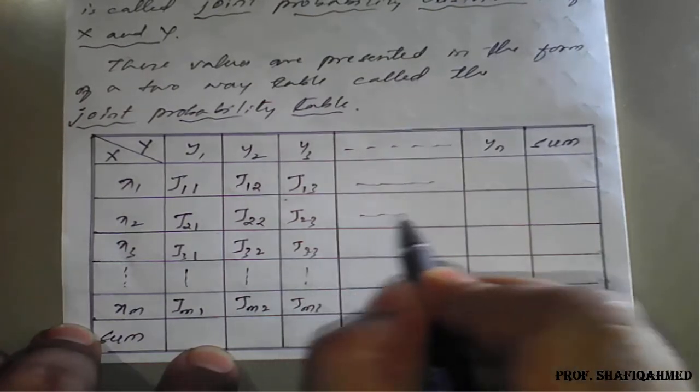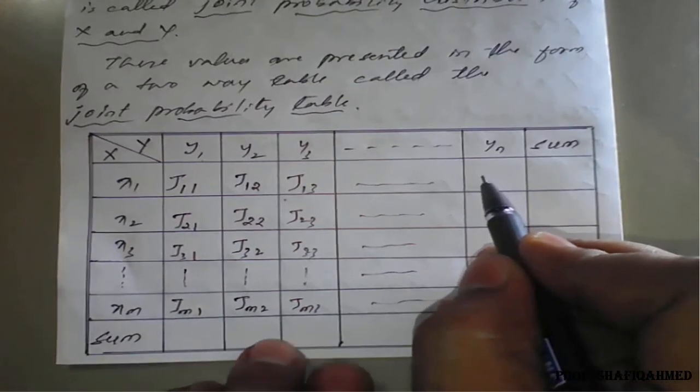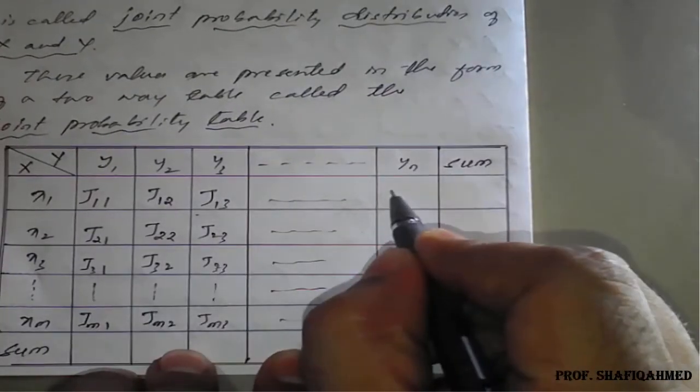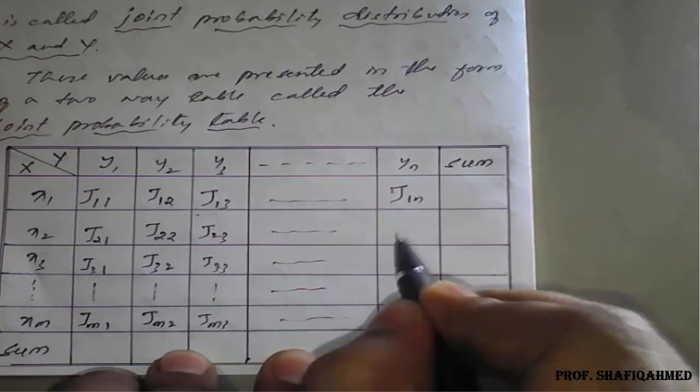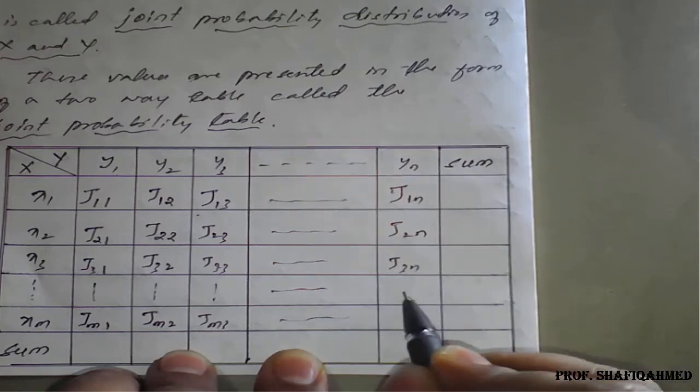So like that this table will be continued for the data, and the nth column of y with x values is jointly written as J of 1 n, J of 2 n, J of 3 n, so on,